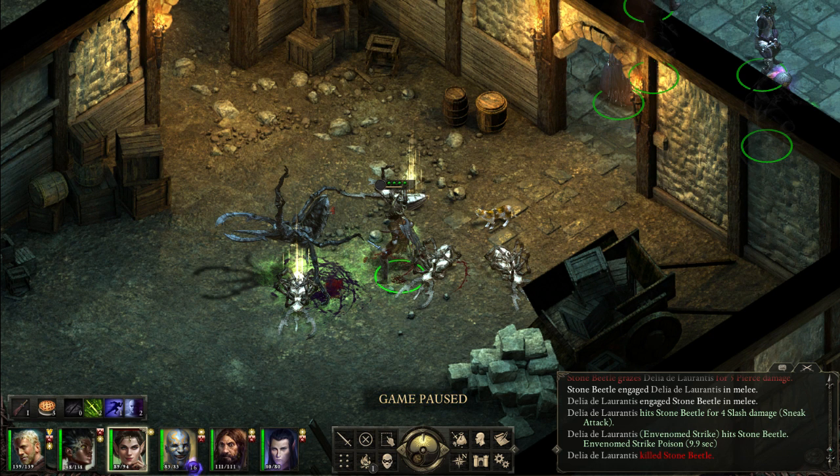But oh wait, here's the actual damage. Okay, so the formula there has accuracy minus deflection. So 58 accuracy for the character, 17 deflection for the beetle thing, and then you do the roll and you add it to that, and you get 82, which means it's a straight-on hit for the amount of damage that she's doing, which I'm pretty sure is going to be affected by sneak